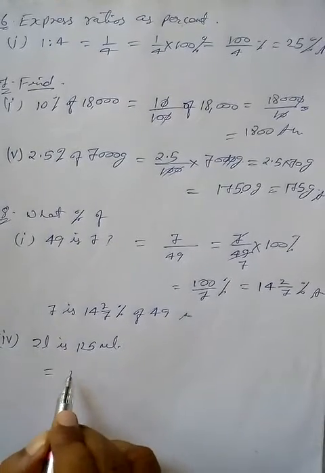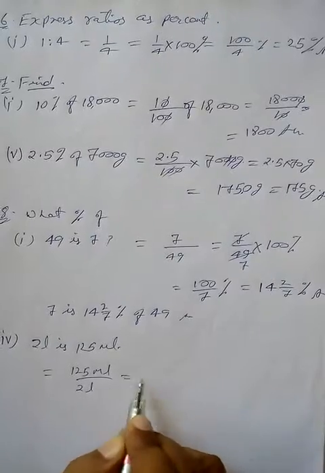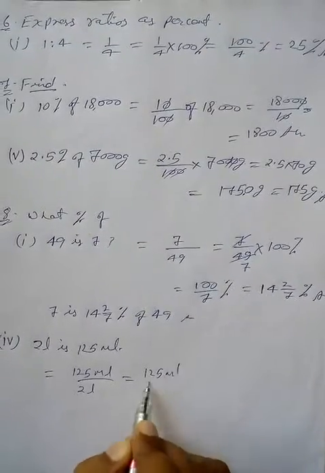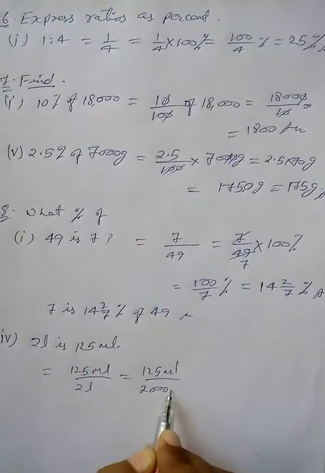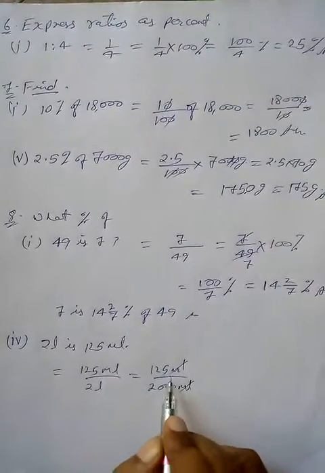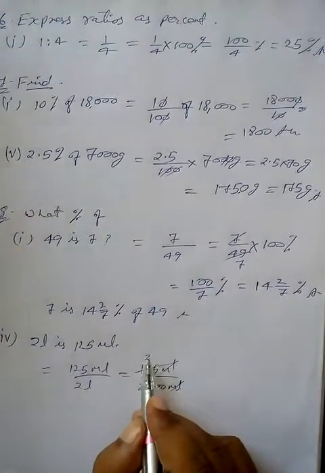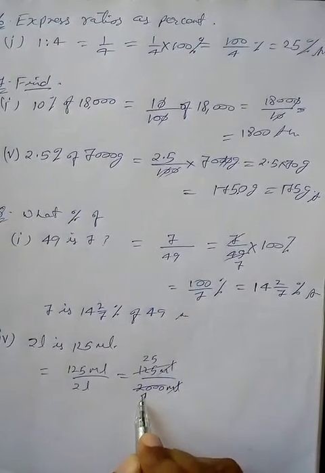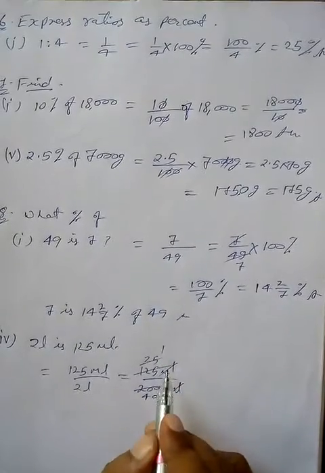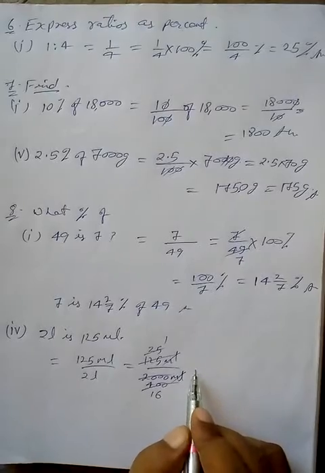So let's write first 125 ml upon 2 liter, that is 125 ml upon 2000 ml. So this is cancelled. 5 fives are 25, 5 fours are 20, 25 ones are 25, 25 eighties are 2000. So you got